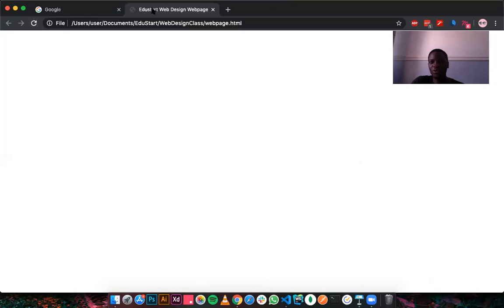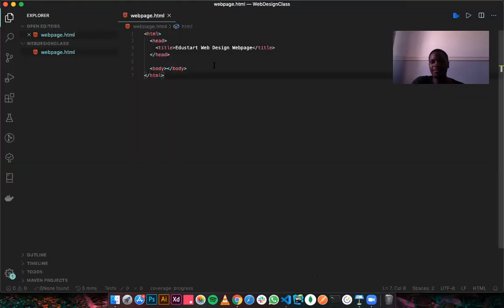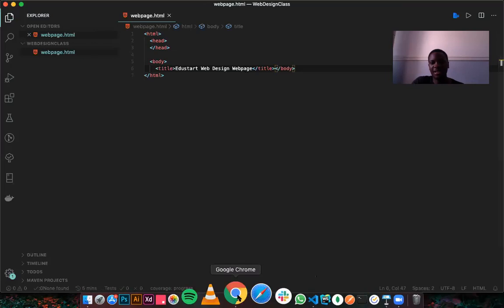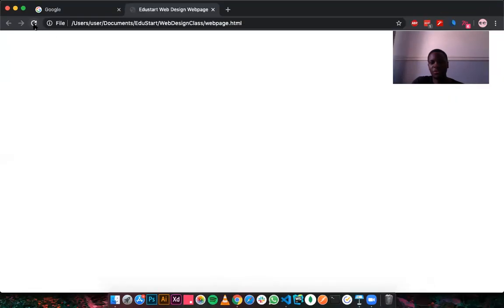Once I reload, notice that the title of that page has changed to what we defined inside the title element, right? If I move this to the body tag, save that and go back to reload, it shows up, right?